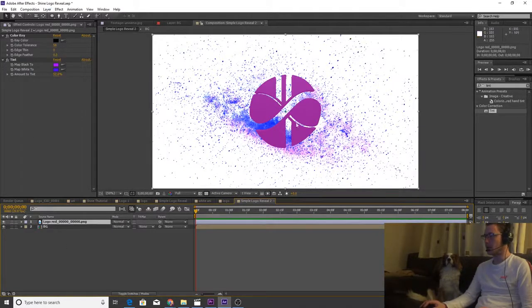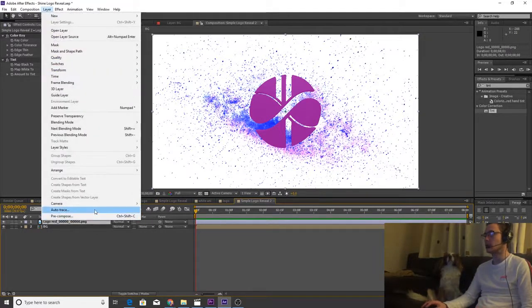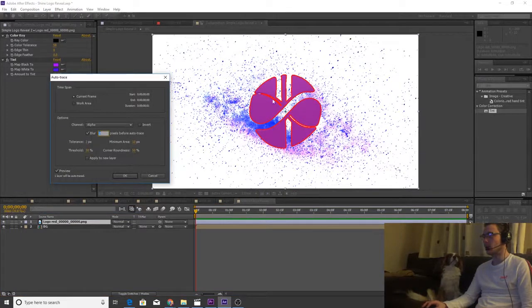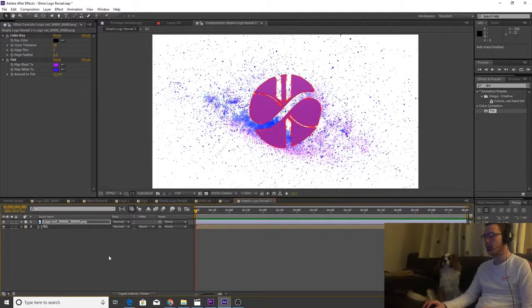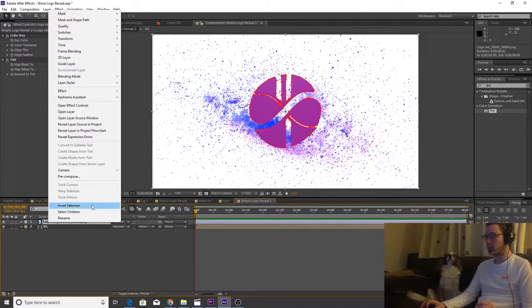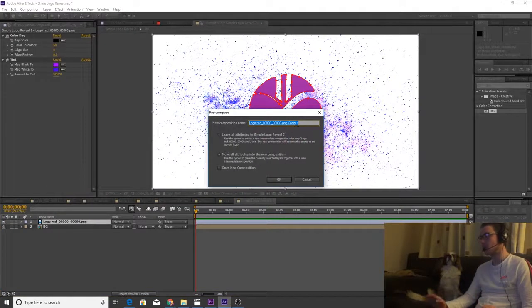next thing we need to do is mask around this. Obviously you can get the pen tool and draw around it individually, or you can go to layer, auto trace, and that will highlight it all. Now I'm set to the alpha channel. If it's a black and white image or something, you can use the luminance channel. For this right now, that works fine. So I'm going to select that layer again, right click it, pre-compose, move all the attributes, and we'll call this